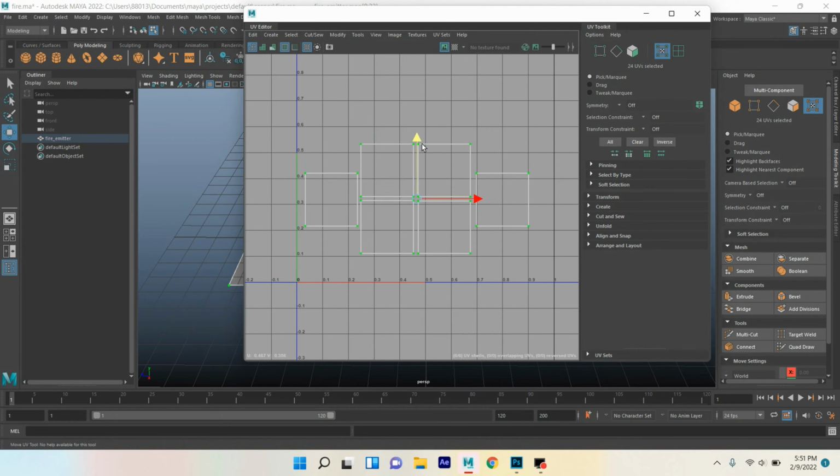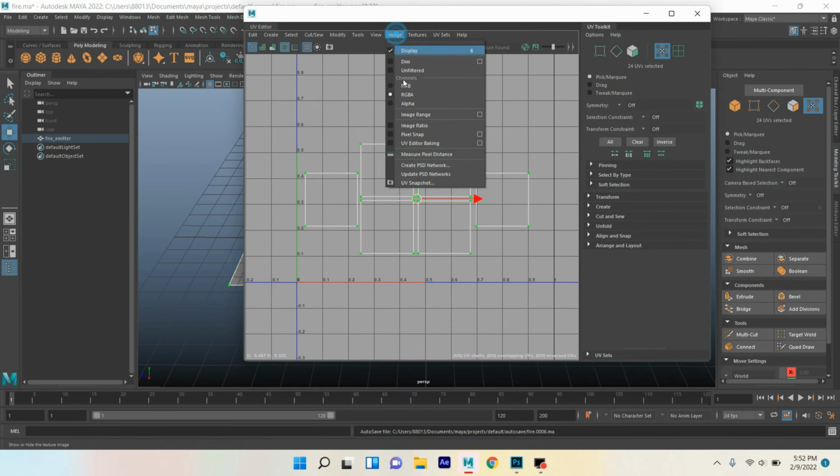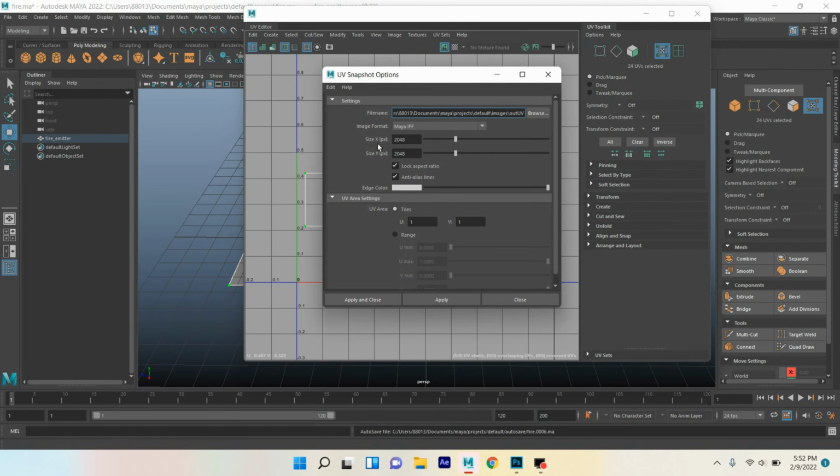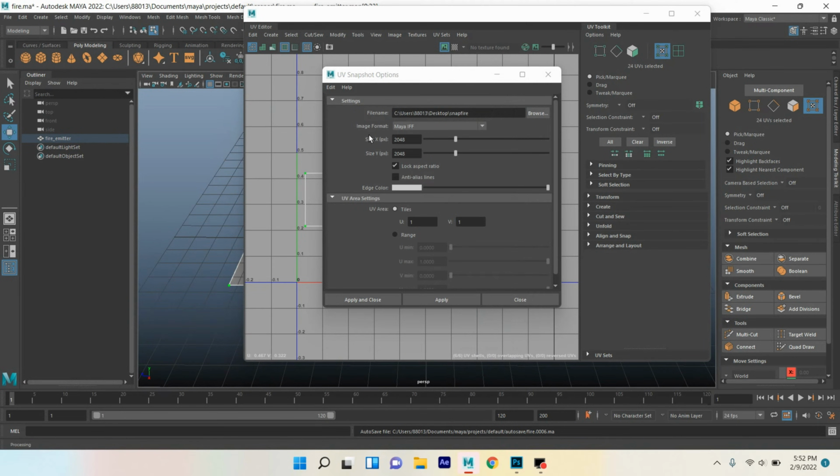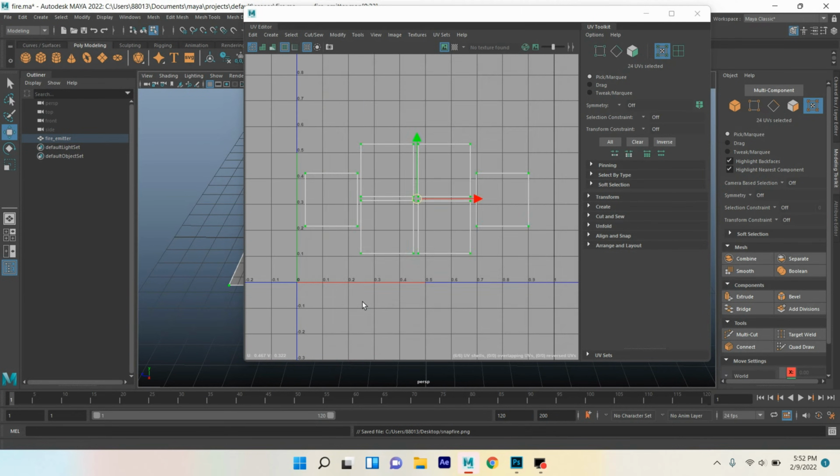Move them here. Go to image, click UV snapshot, edit, reset the setting, deselect anti-alias line and rename this one as snapfire. Click save. Image format, select PNG or JPEG, anyone you like. Click apply and close. Now open your Adobe Photoshop,